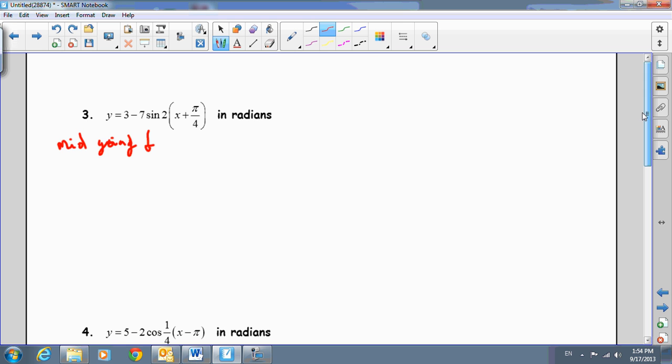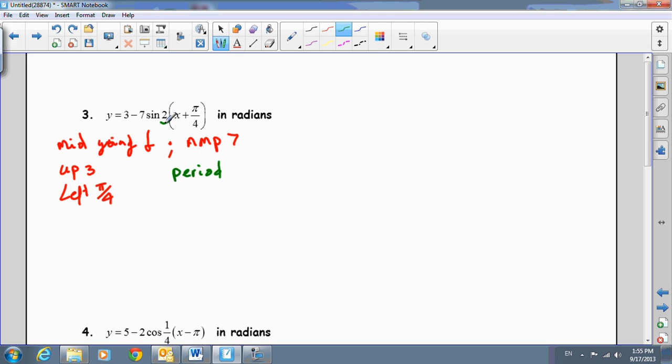I will give you all the information and I will require you to graph it. Now, we have an amplitude here of 7. Amplitude is 7. Besides the amplitude, I know that I'm going up 3 and left pi over 4. And I have my period should be,